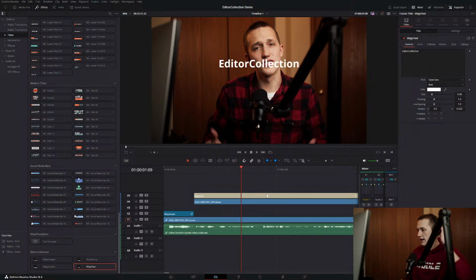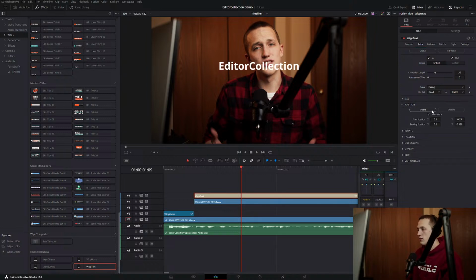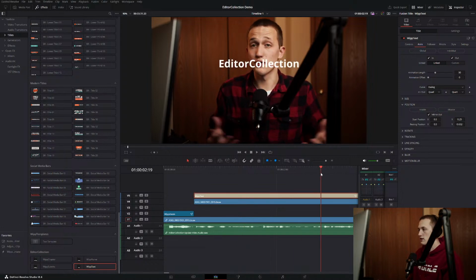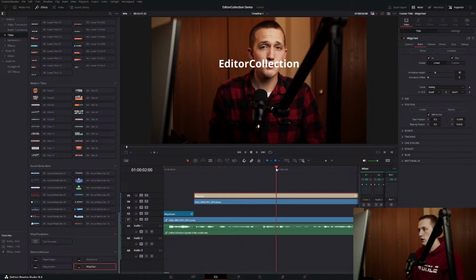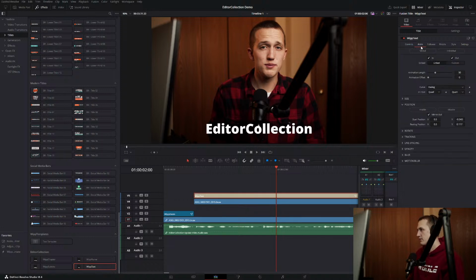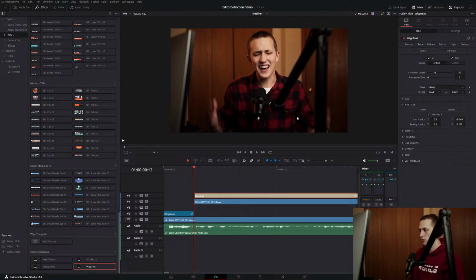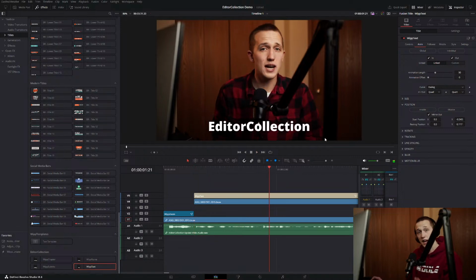So the way I would do that animation is come over to the Anim tab. We want to animate the position, so I'll come down to that, hit enable, and then we can change the resting position as well as the start position. So if we go to the beginning, I'm going to bring the start position so it's just off the screen. And now if we go in the middle, I'll bring the resting position down to about right there. And I'm actually going to change the size and font there. We'll have to correct that beginning. Oh, that'll be good. Yeah, so just in those couple clicks now, we have just a simple slide up animation,